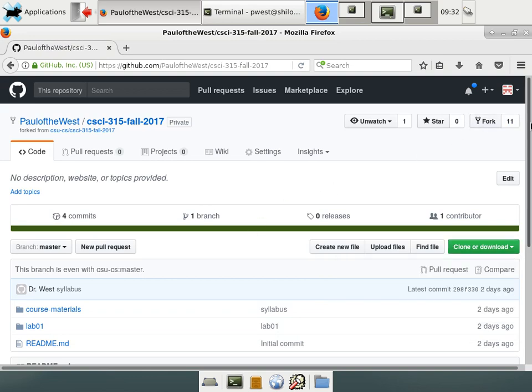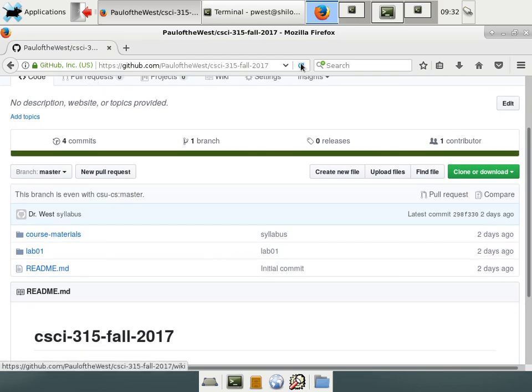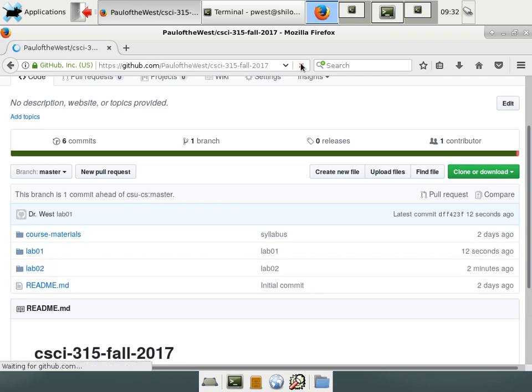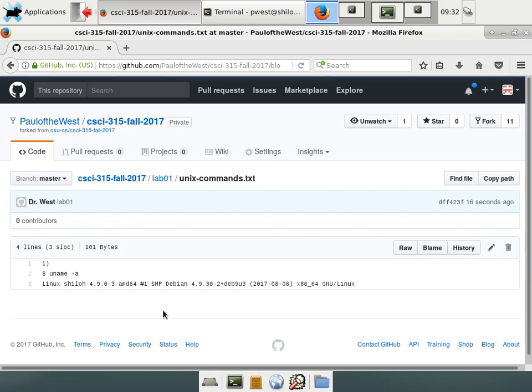If I were to go back to my repository, notice that this is kind of an old version or old view. So I refreshed, gave me the latest. I go into lab 1, there's my Unix commands.txt, and I will later be able to pull down your repository and be able to